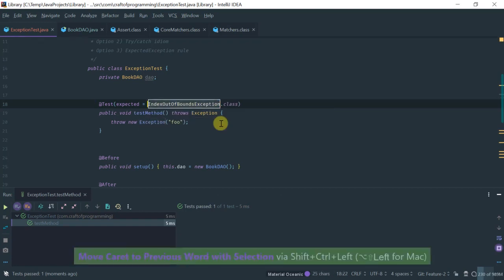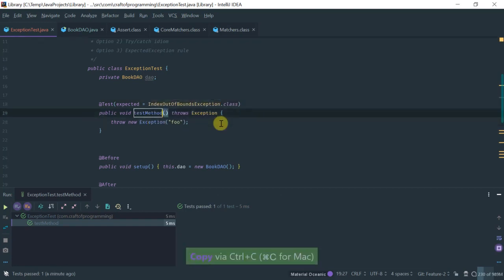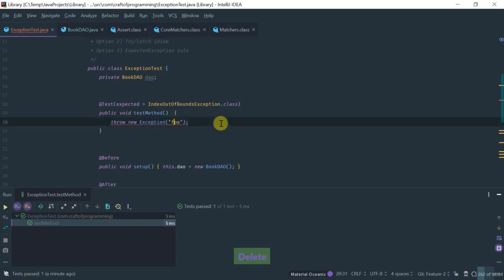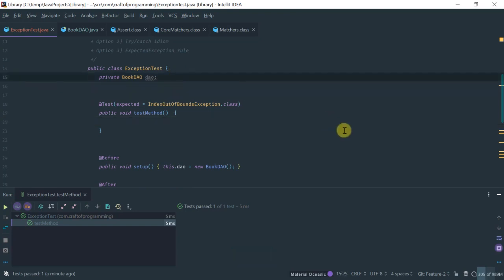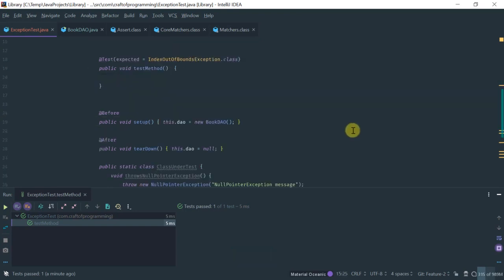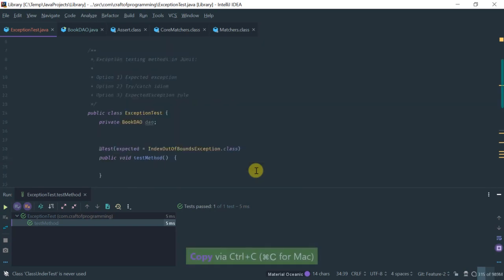Okay, let's test this case. So what you do is you would invoke your method. Let me create an instance of my class under test here,